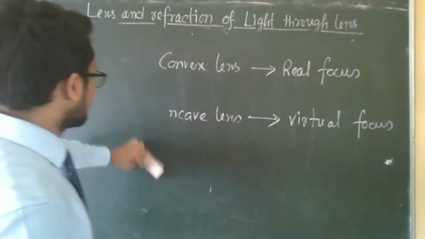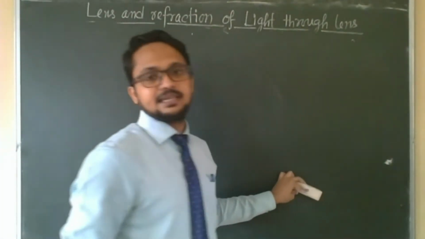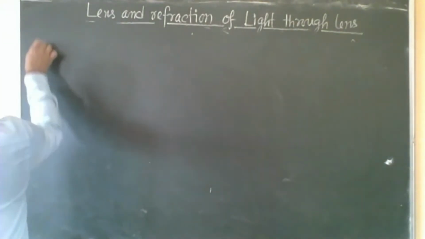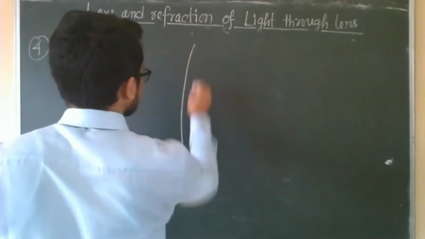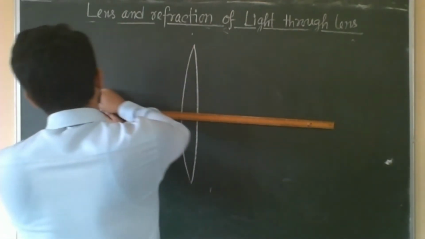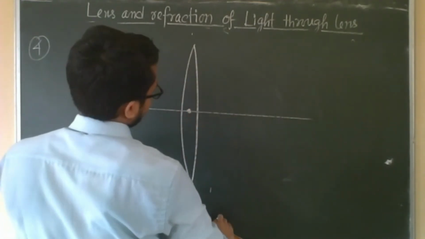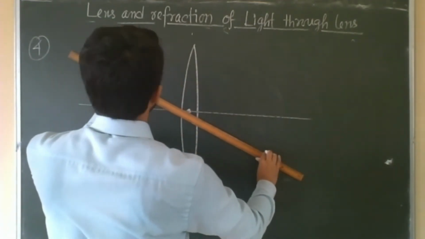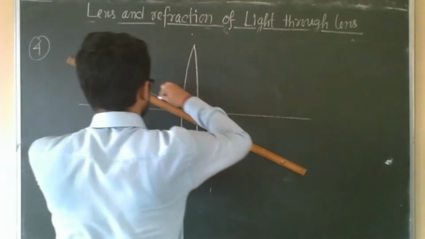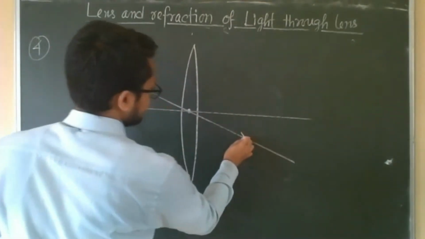Point number 4, one ray diagram is given where the incident rays are parallel, but they are not parallel to the principal axis, right? Then what will happen? This is a thin lens, and all the lenses we will take as thin lenses. This is the optical center. We are taking a few rays, and one ray we will take through the optical center. What will happen for that ray? Without any deviation, it will emerge.